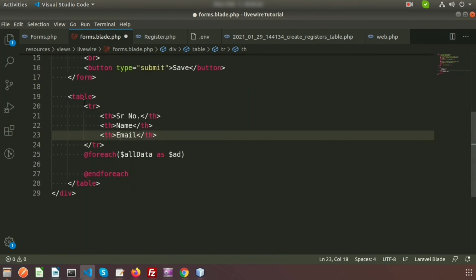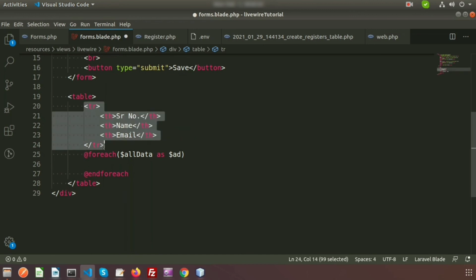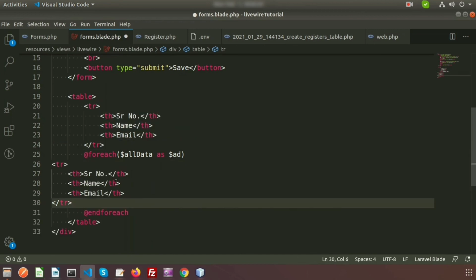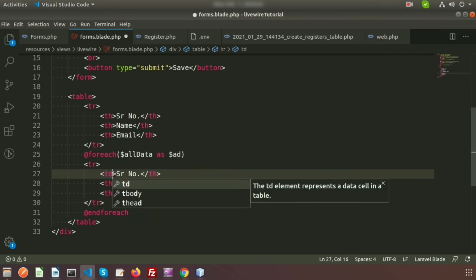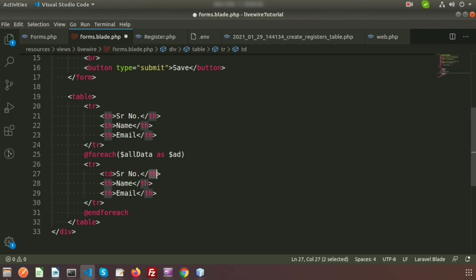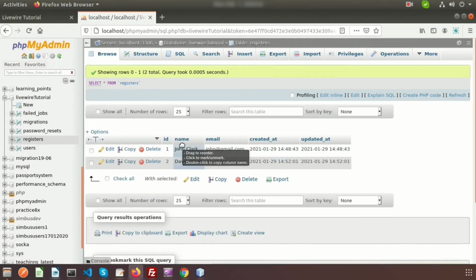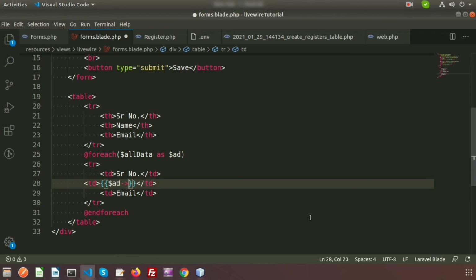So we need to create the rows. Just copy and paste here and change the th into td. Copy this and write here, here, and all those places. And here inside the AD we will get all the data. So right here for name, write $ad and the name of the column, that is name. So write arrow name,